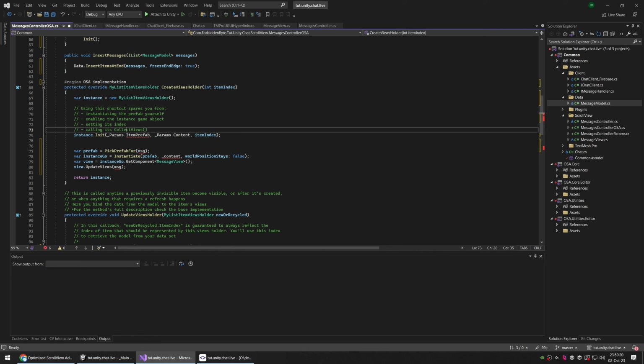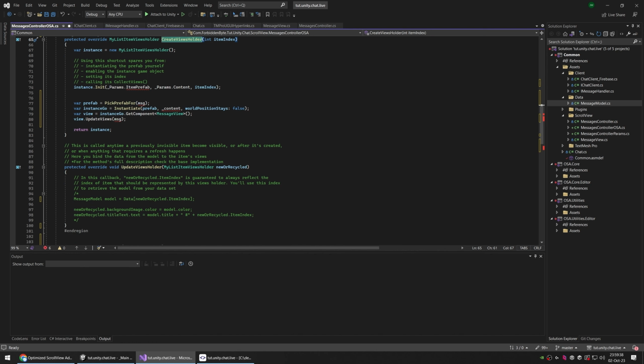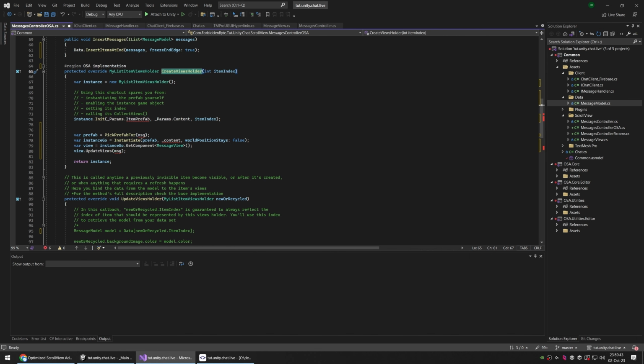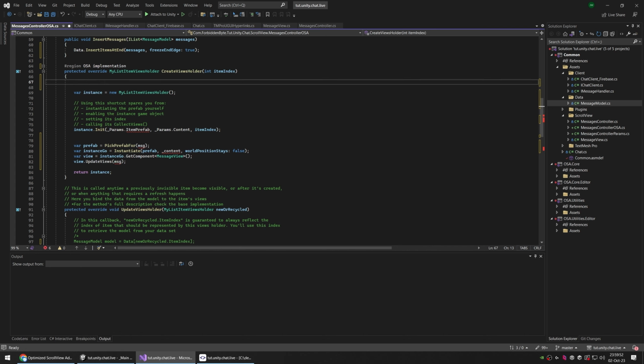It calls it as many times as needed, just so it can display some items. So if only 3 items can be visible at once, it will only call this 3 times. Okay, so we have our create views holder, and the way we know what prefab we will use, we basically retrieve our model,